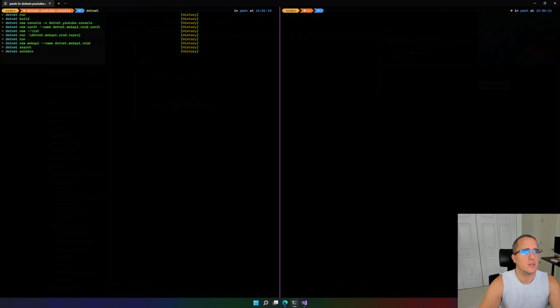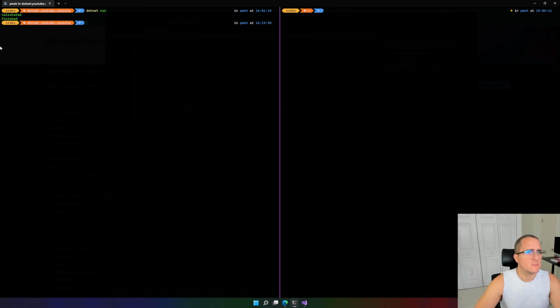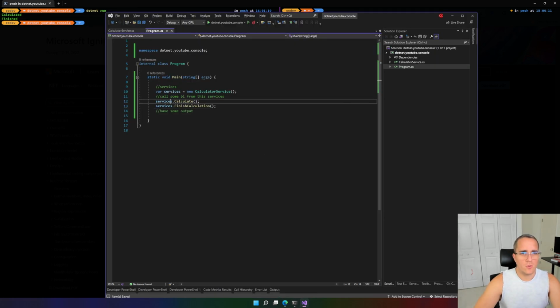So let's see how it runs in .NET. Okay, so we have a sequential output of these two functions called here. But what if we can control the complete lifetime of this application, right? Right now, you do your stuff, and the console just stops, and your application finishes, right? But let's see how we can use this generic host